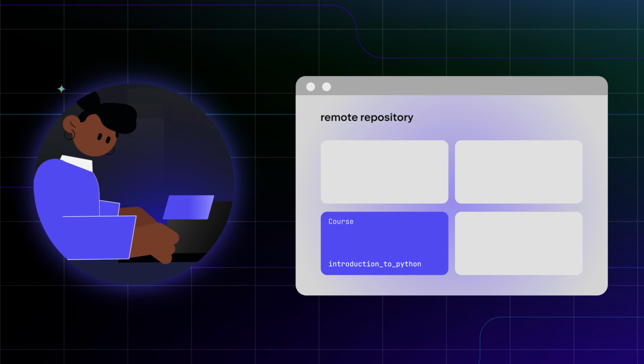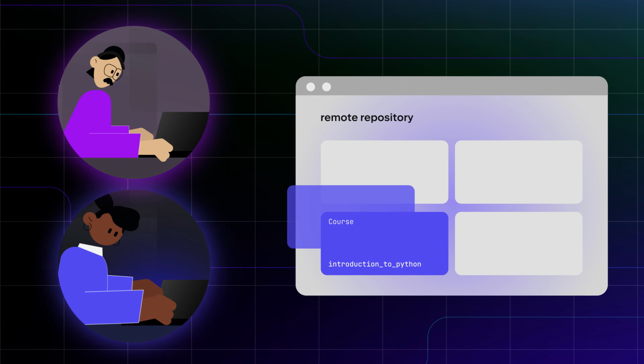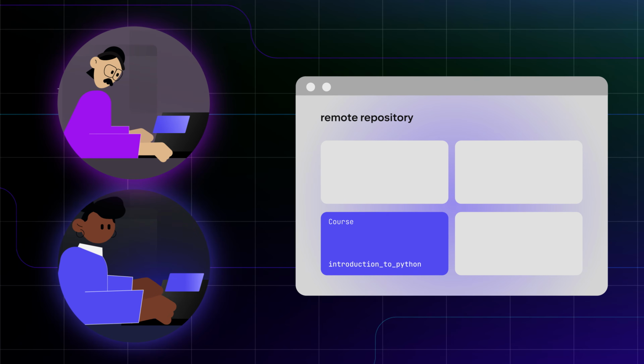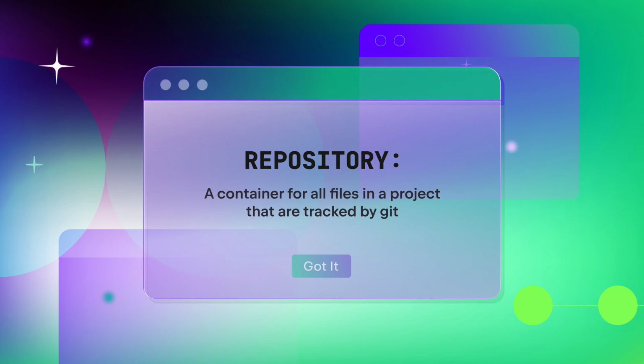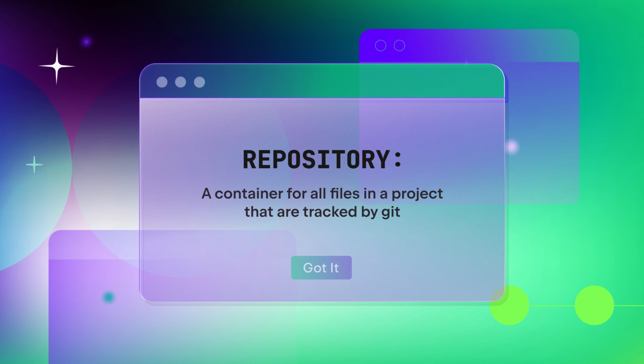Git allows collections of code and other project files known as repositories to be made publicly available on hosting sites like GitHub and GitLab, where they can be shared and even collectively edited. It's also possible to only work with Git locally without going through a hosting platform. But since most people learn Git for remote collaboration, that's what we're going to talk about in this video.